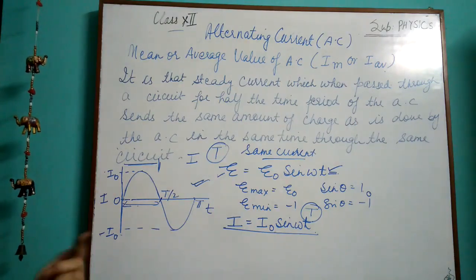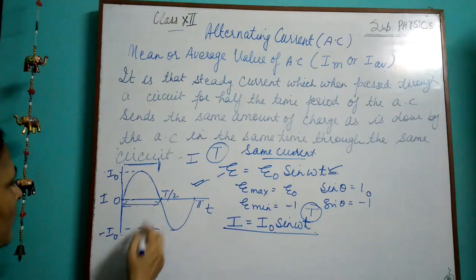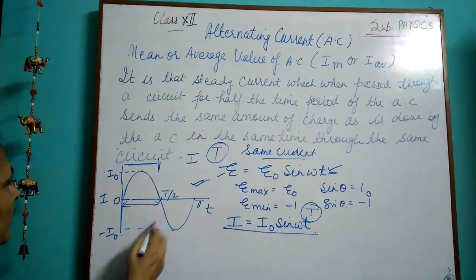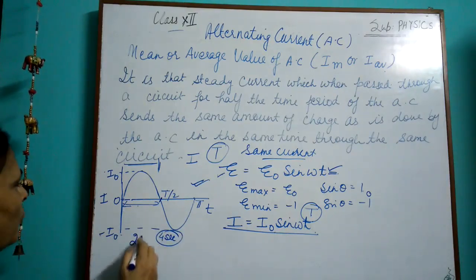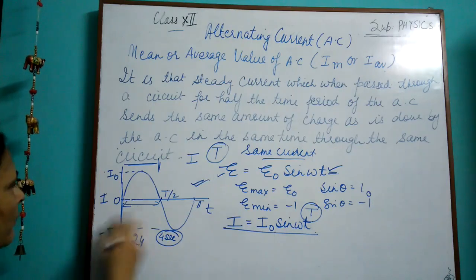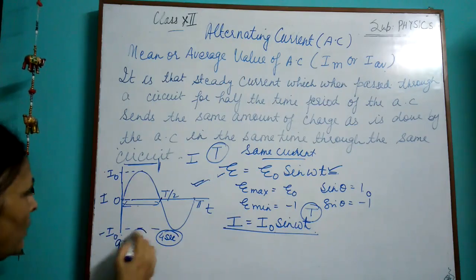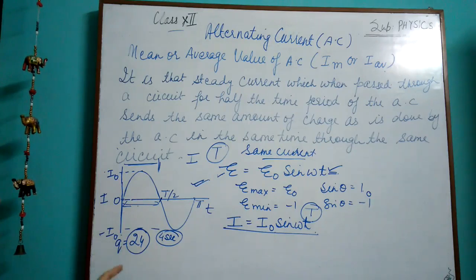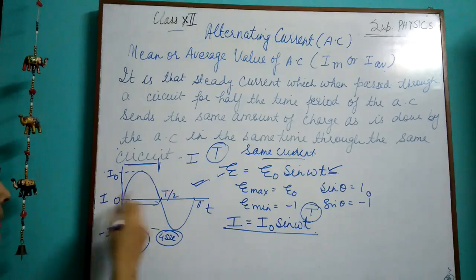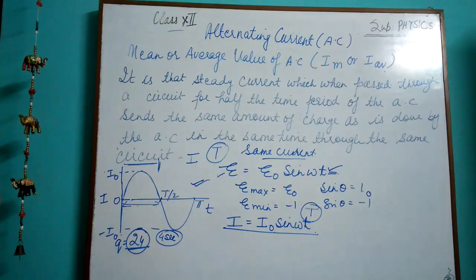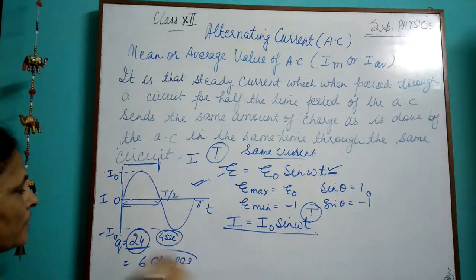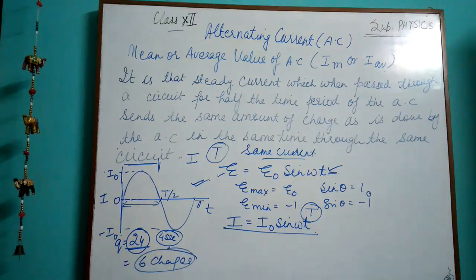Now I can make you understand in another form also. Suppose during this time the total charges flowing are, say this time period, say 4 seconds, and say 24 charges were allowed to flow during this time. But how? Maybe it is 2, 4, 6, then 4 and 2, something like that, continuously varying. But total charges are 24. And if there is a steady current, how much charges per second will flow? 6 charges. That will be a constant value. So that is the mean value.